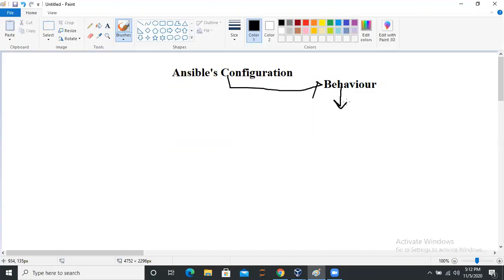Okay, for example, you need to do something on some servers. For example, you have 5 web servers. For example, the inventory file, in which all the managed hosts entries are written.